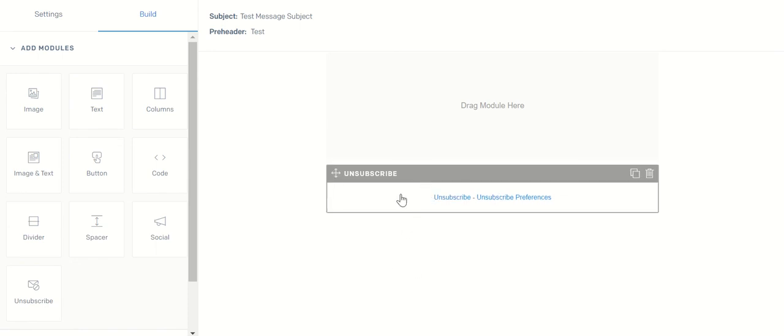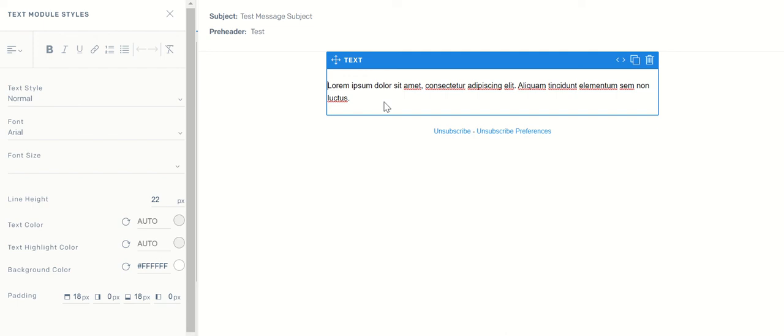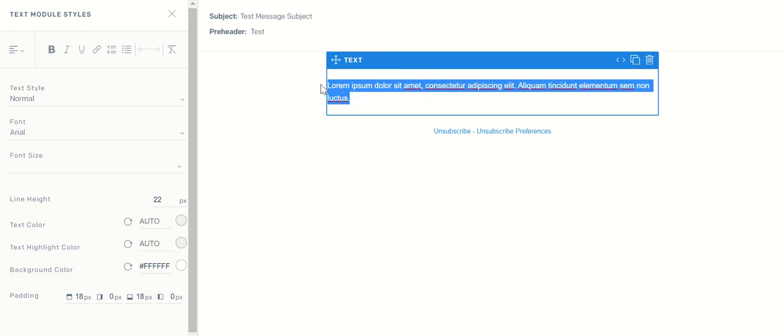Pretty nice, okay. This is one of the requirements for most businesses, where we should provide an option to unsubscribe. So that is also coming for us ready-made. No need to write any additional code for that. So what I will do is take a text and drop it over here, and I will say,